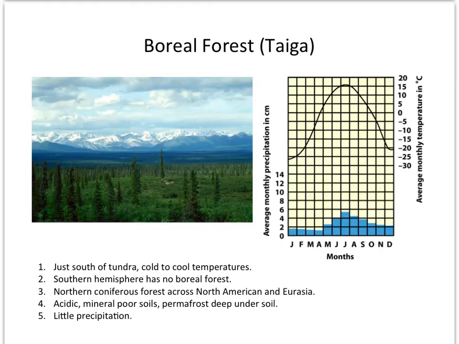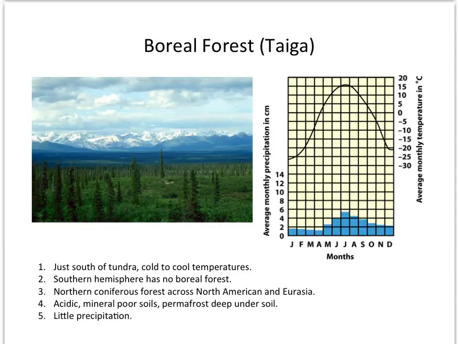The conifers are adapted to these biomes because the needles have minimal surface area that prevents water loss, and they also have a waxy surface layer that prevents water loss by evapotranspiration. They're also evergreens, so they're quick to resume photosynthesis when the summer comes. The summer is a very short time here, so they have to be ready to do photosynthesis to make those sugars so that they can grow, they can reproduce, and so that's why they are evergreen trees.